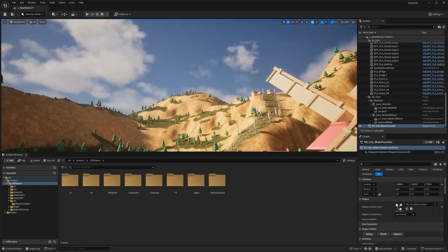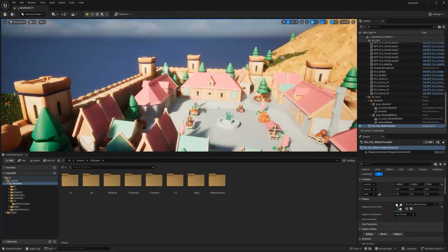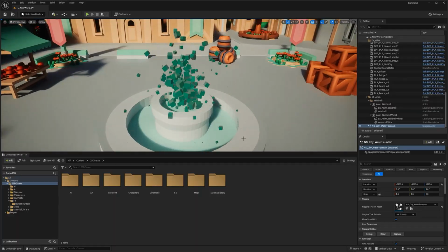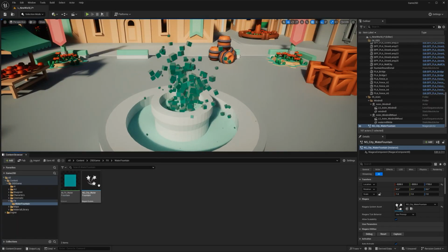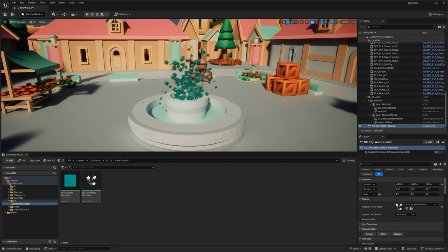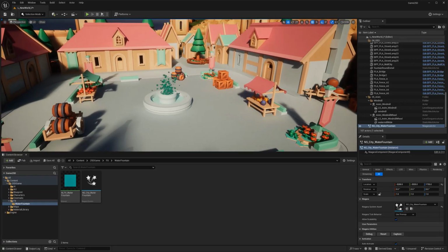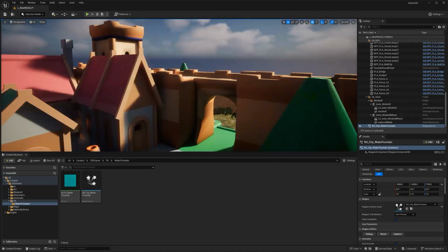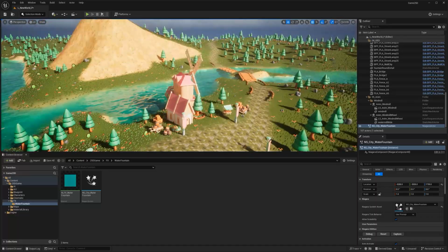So one of the things that I did before, if you go to my effects folder, you might be able to see, I created a little particle effect for the fountain. And I wanted to make this three-dimensional cubes because I thought the 2D sprites for this might look a little bit weird. So I just wanted to make something different that I think looks cool. It has some volume to it. It just looks different. So strictly personal taste, you can do whatever you want.